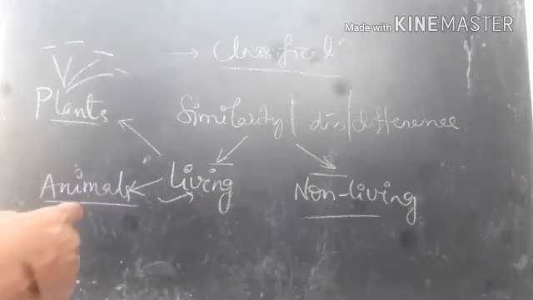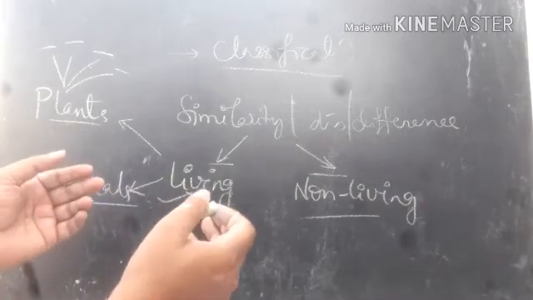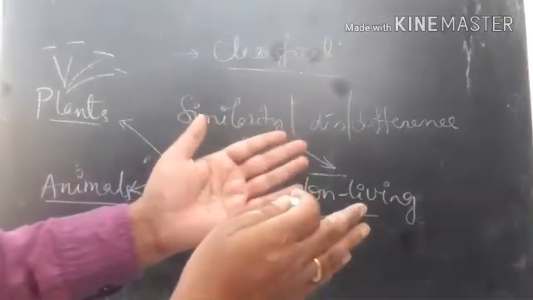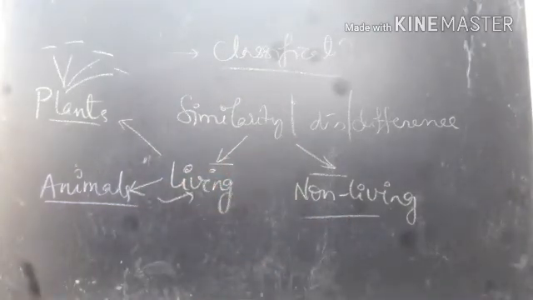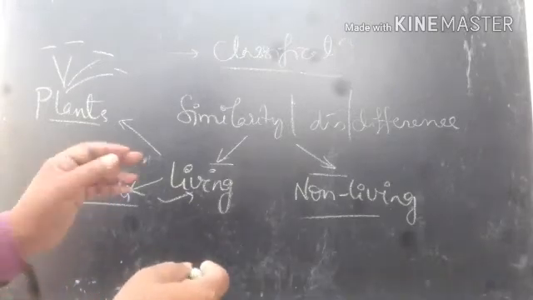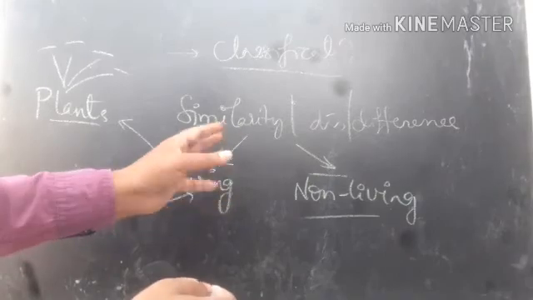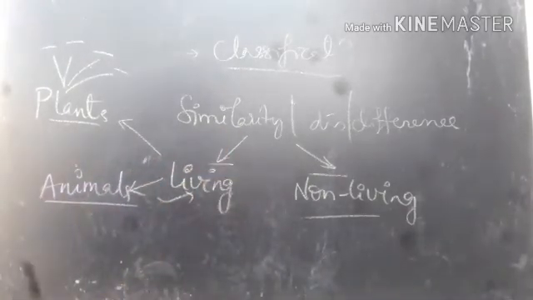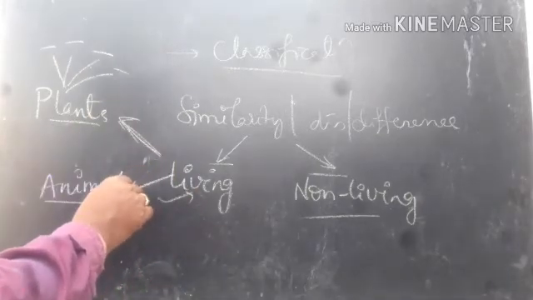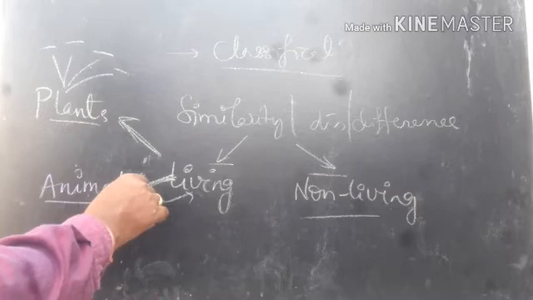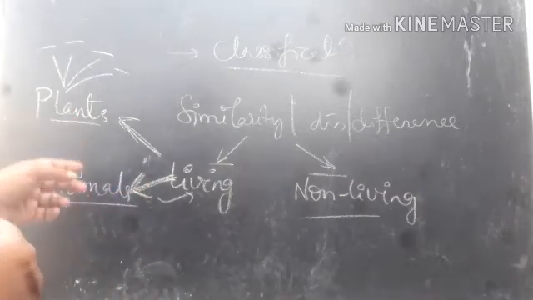So this is the first classification, that is living and non-living things. Now among the living things, if you take rose, dog, algae, hydrilla, grasshopper, earthworm, cactus, tree, fish, hen, all these are living things. Even though they are living things, we can separate them, we can classify them because of their mode of nutrition.